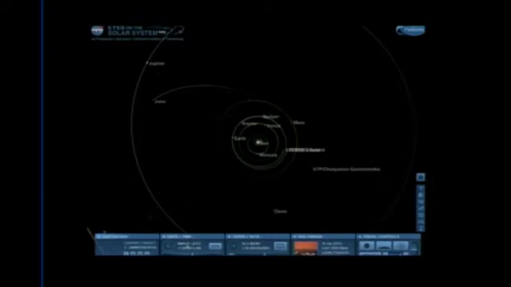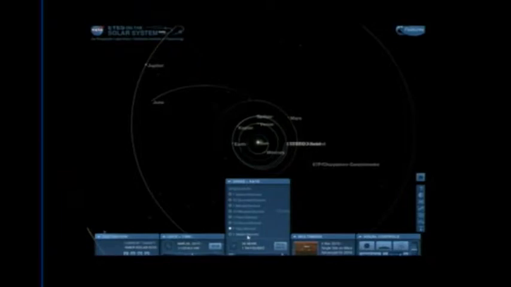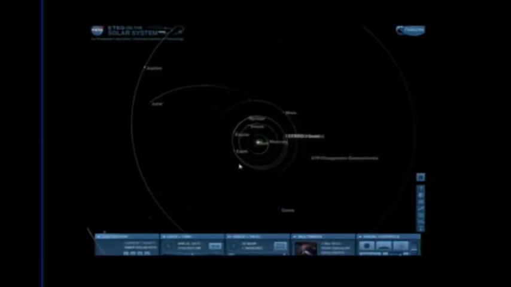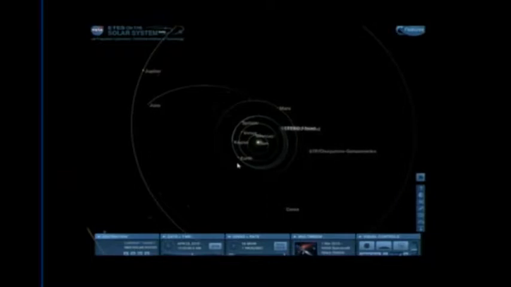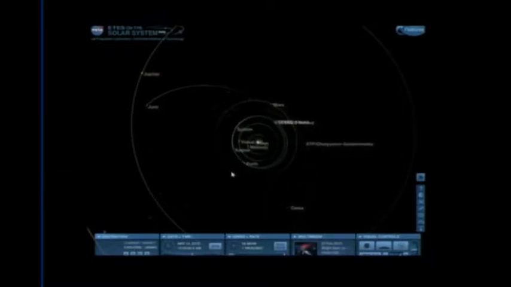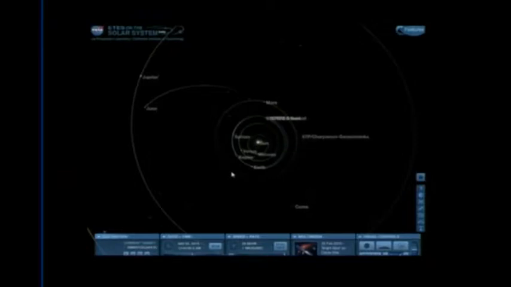Notice this clock down here, March 7th. Check the time. That's now, okay? And speaking of time, there are 3 ways to change time. I can do time lapse by moving this slider to the right, so that's 1 minute a second. I'm going to go to 1 day a second. Start to see things move a bit, okay? You can click here and say, okay, let's go to 1 week a second. Now, how long is it going to take the Earth to get all the way around? Well, it should be 52 seconds. I guarantee it will be 52 seconds.